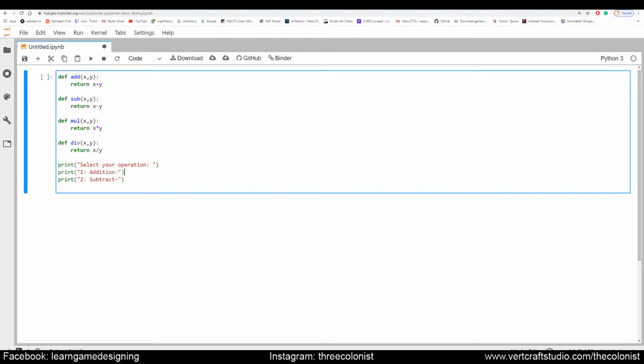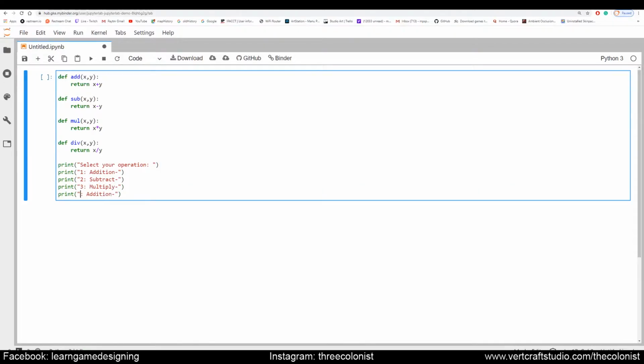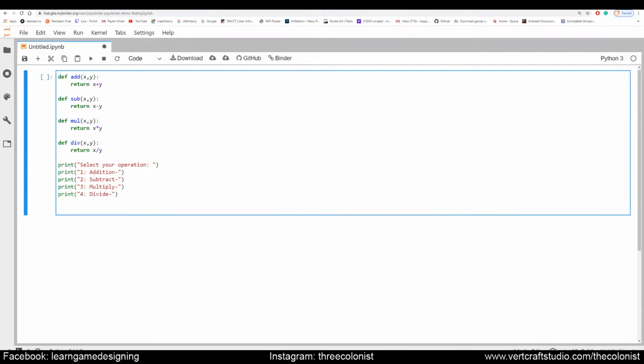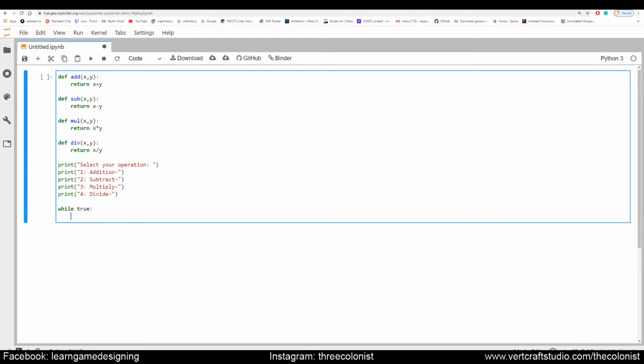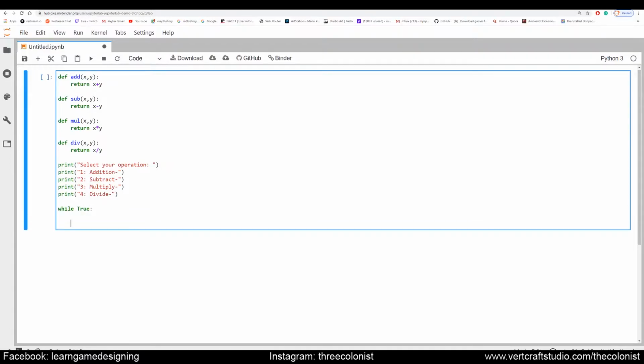I'm giving 4 options to them: 1, 2, 3 and 4. So what option, what operation do they want? They want addition, subtraction, mul, or division. So I'm giving them the freedom to choose. After defining the functions and giving the user the freedom to select their operation, I'm just giving